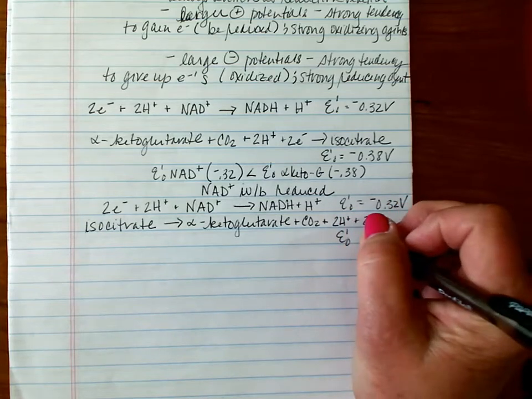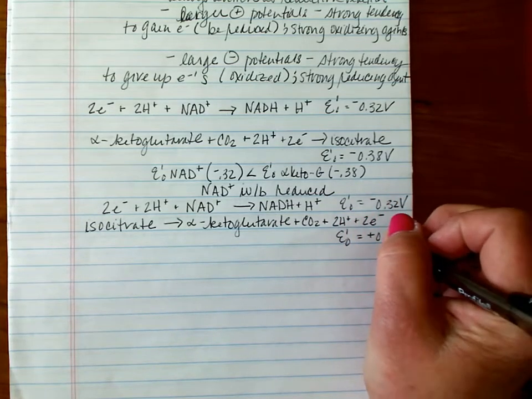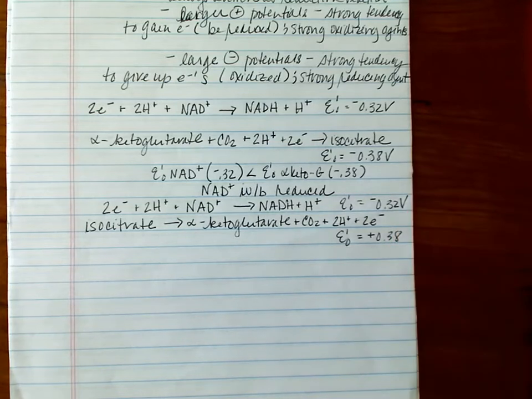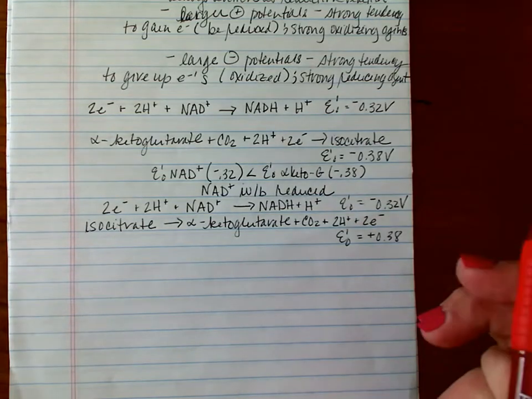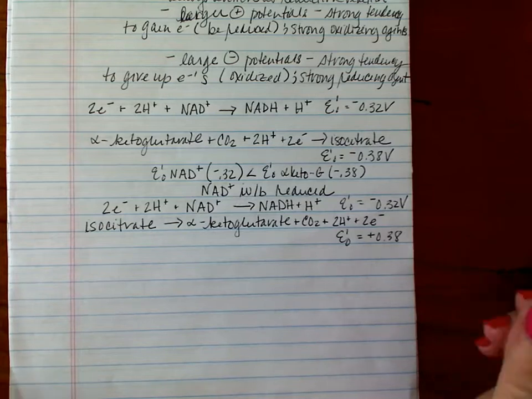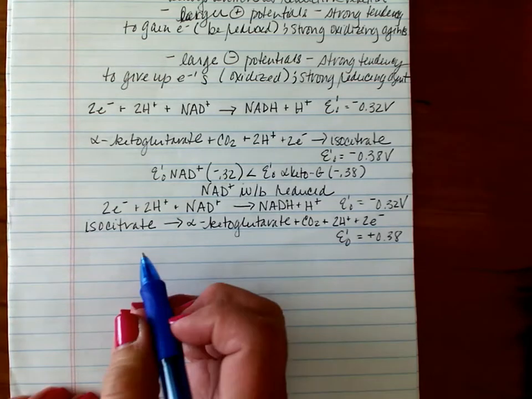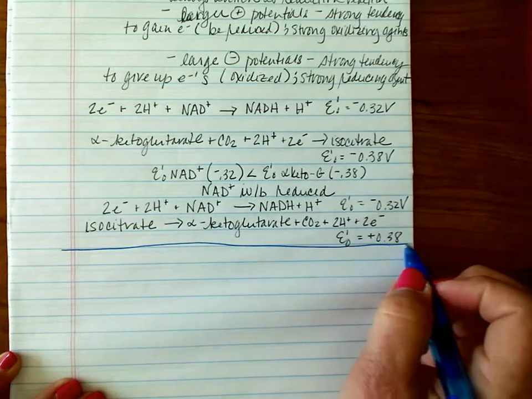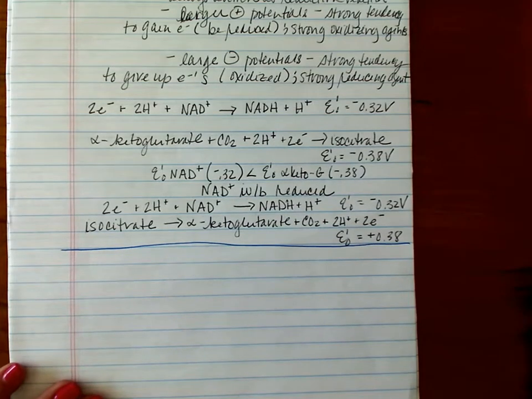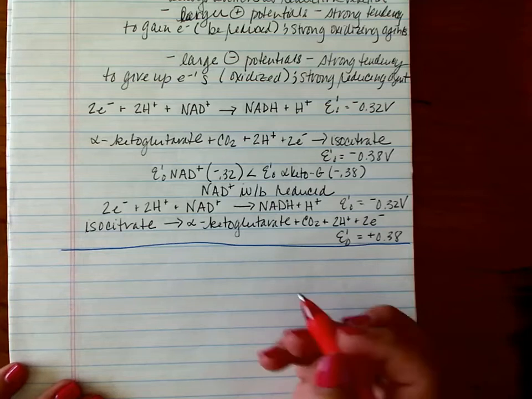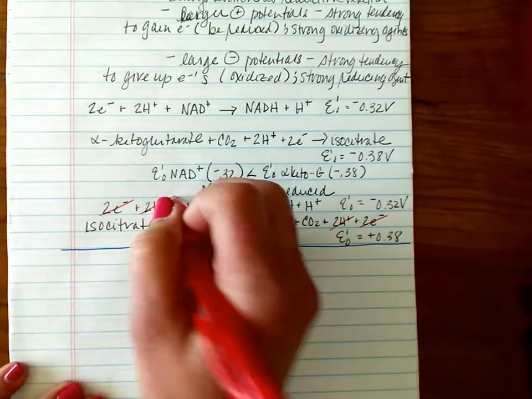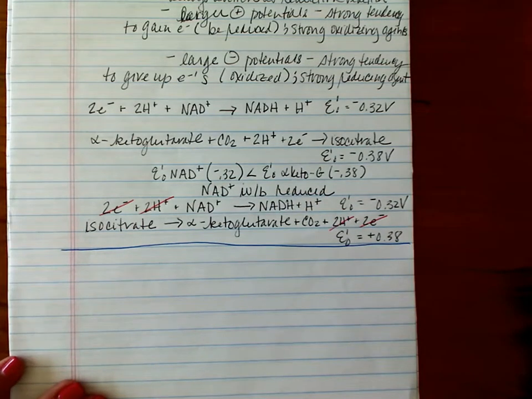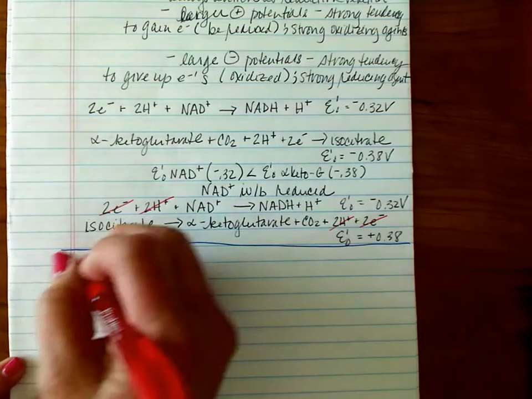And I don't have room to write that positive potential in the same line, so I'm going to write it here. So now, where are my colored pens? Here we go. Now we can cancel anything that appears on opposite sides of the equation between these two. So we can cancel 2 electrons, we can cancel 2 hydrogen ions, and when we do that, we will come up with the overall reaction